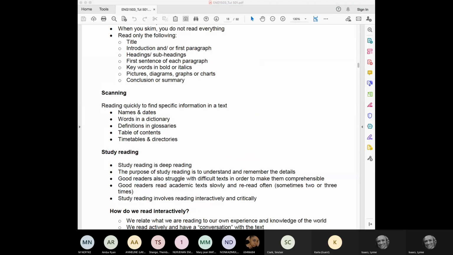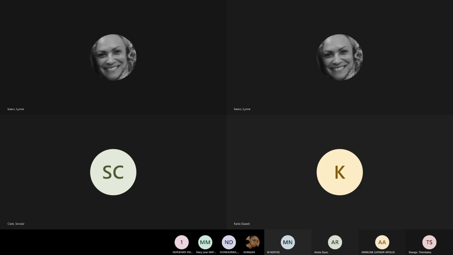We are fantastic skimmers and scanners, all right? And why do I say that? Because we live in a world of social media and we scroll through our Facebook feeds. We don't read anything there. We're looking at pictures. We're not stopping to read slowly, to really absorb information. We are just skimming through to get a gist of what's there. Then if something does catch our attention, we just sort of skim over the post, and maybe we scan it for anything specific, maybe. But other than that, we have developed habits of skimming and scanning. You know, Instagram, you're scrolling, you're looking at photographs, you're not really reading